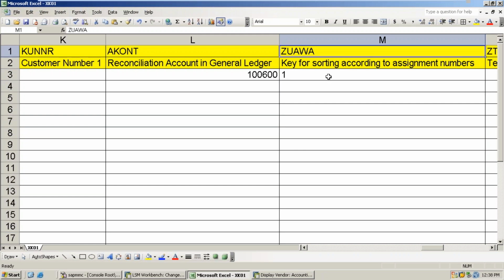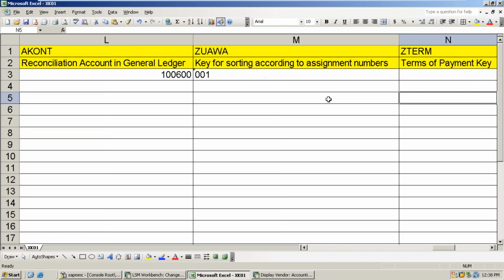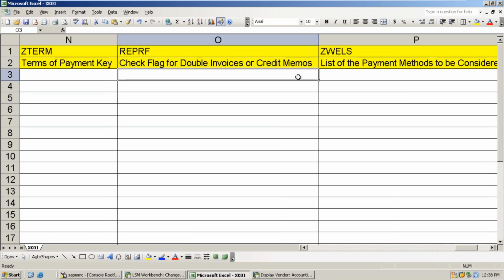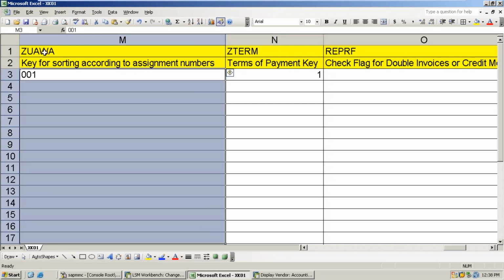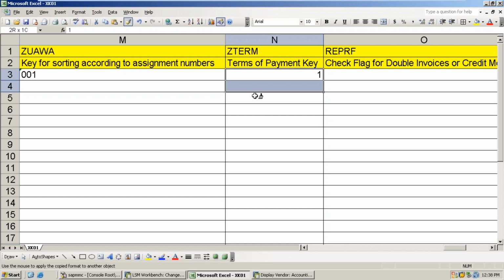Then you enter 001. Now payment terms will be the same thing. What is the payment terms key? 0001. Again the same issue here. Now what to do? The same format, you copy it and paste it here. Then 0001 is my payment terms.